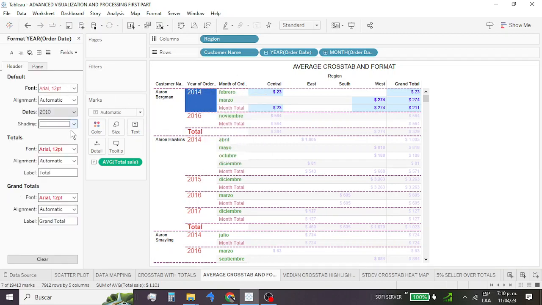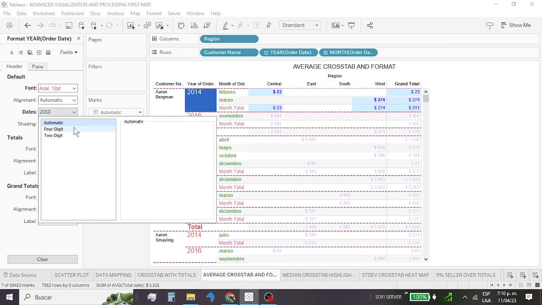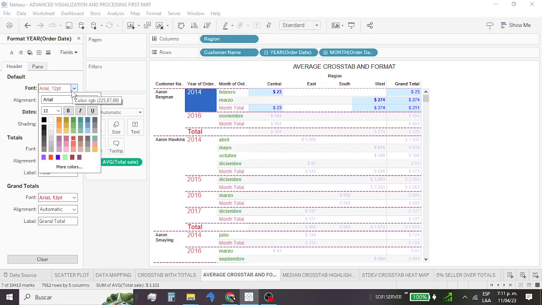And you have here how to manage, for example, dates. You want 4-digit, which is the one, or automatic, or 2-digit. So this is 14, 16, and so on. I prefer 4-digit, not to confuse myself. And the font, maybe the color you want. I have in this case purple or kind of red. I'm going to change it to, say, for example, another kind of color, softer, and